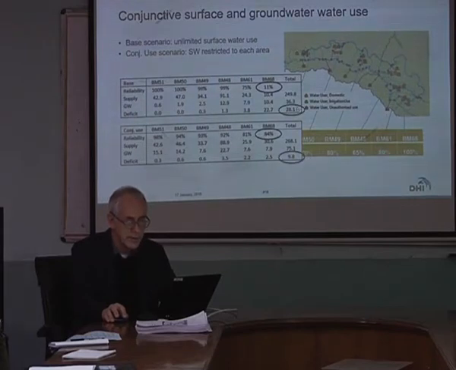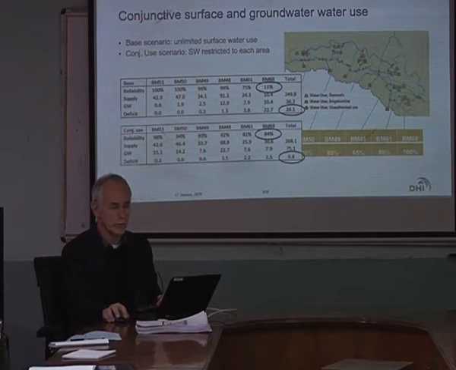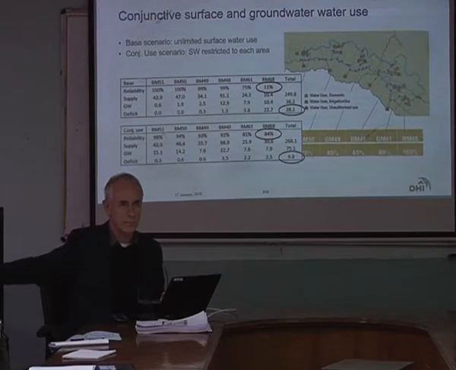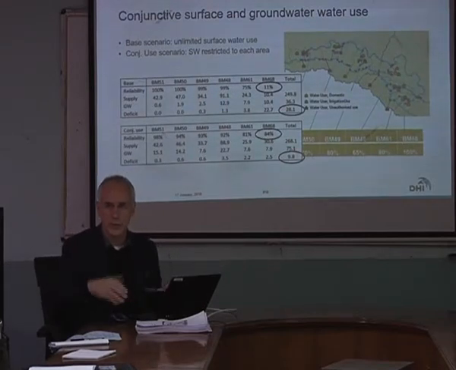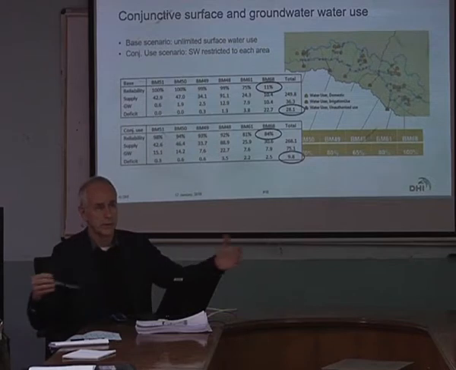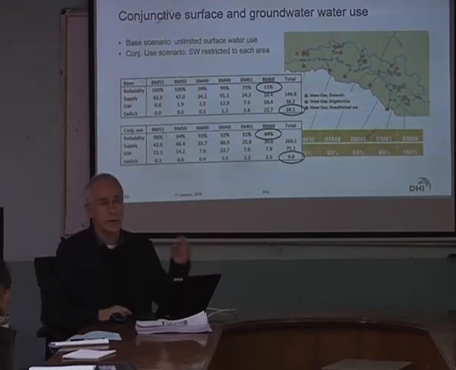And the total deficit for all of them, on average, went from 28 to 10, because they are actually now using more water. The upstream, when they don't use any groundwater at all, whatever infiltrates just goes into the drains, right, and disappears. But if they use groundwater, there's less drainage loss, you can say, and more water locally available. So for this irrigation scheme, all in all, if they cooperate, that could be a way of increasing the efficiency, and without getting more water from the reservoir, they actually have